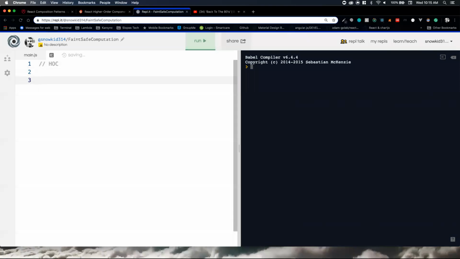HOCs. To start, one of the things that throws off a lot of people with higher order components is its weird syntax that you haven't seen before. And we hear all the time that it's this super advanced, tough thing to learn. And so we just kind of overcomplicate things in our mind. We forget some of the fundamentals of JavaScript. That when you look at a line of code,